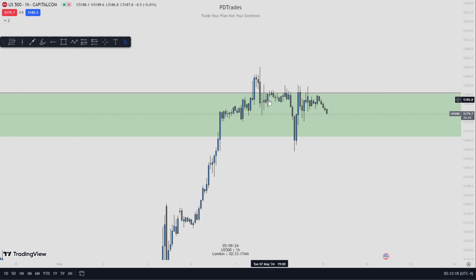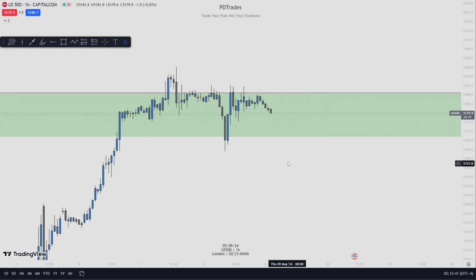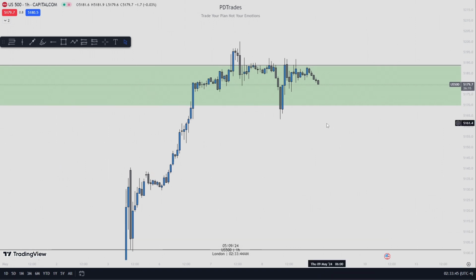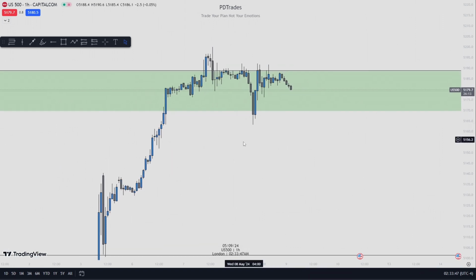So right now, I'm anticipating to see the dollar being bullish. I want to see the dollar being bullish. And if you can check, S&P 500 is preparing itself for what? To sell. You understand? But then I'm not just going to say, okay, it's preparing to sell. Then I want to see what it does.